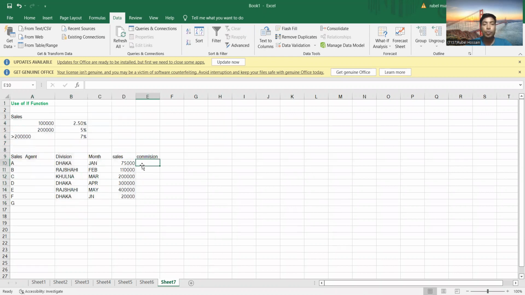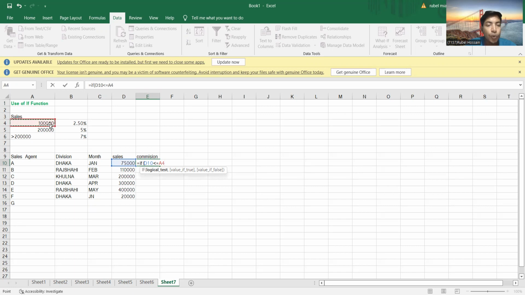Okay, so now I will show you how to calculate commission by using the IF function. So first we have to give the equals sign, then write down IF, then give a first bracket. Okay, so we have to give the logical test here. It will be the logical test D10, which will be less than or equal to A4 actually, then comma, then of course again D8, which will be multiplied by 2.5%, that means